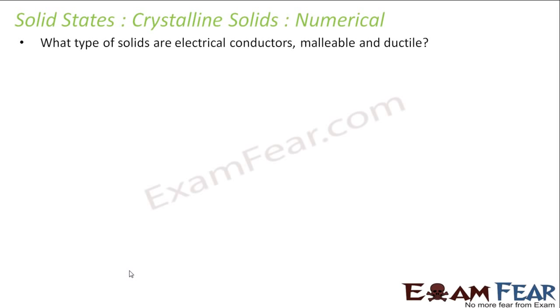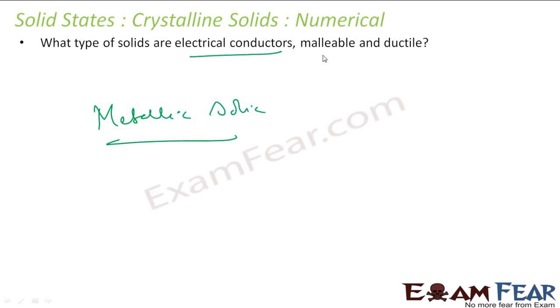What type of solids are electrical conductors, malleable and ductile? We know that metallic solids, we have seen this. The metallic solids are the only ones which are electrical conductors, malleable and ductile. In fact, these two properties are only for the metallic solids because